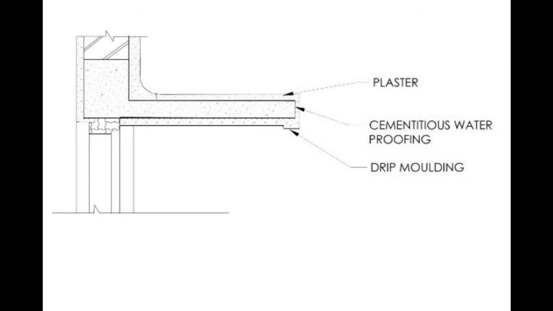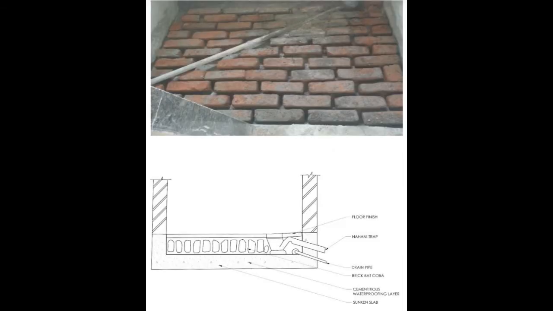Now further, let us see a very critical and one of the most talked about waterproofing, that is the waterproofing of bathrooms. Okay, which is one of the wettest areas of the interior of an apartment or house or any building. So the surface of the bathroom is first cleaned properly. All the loose particles, dust and cement that will be there should be cleaned. Then the waterproofing coating is applied. Majorly cementitious waterproofing or polyurethane coating is preferred here.